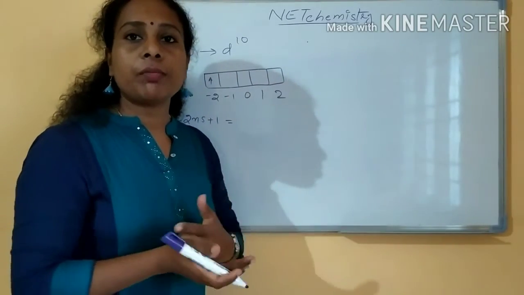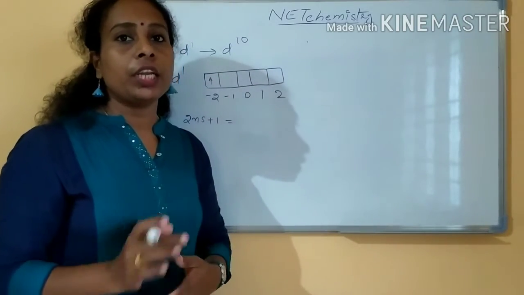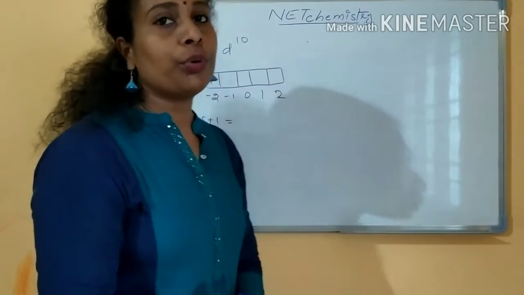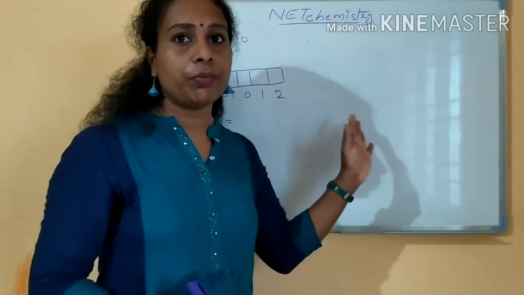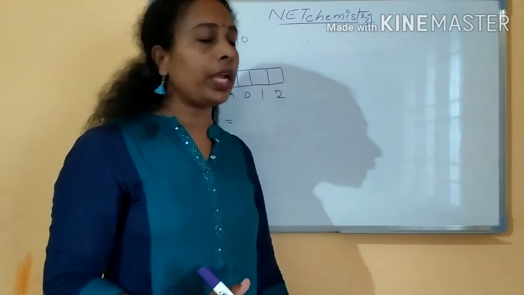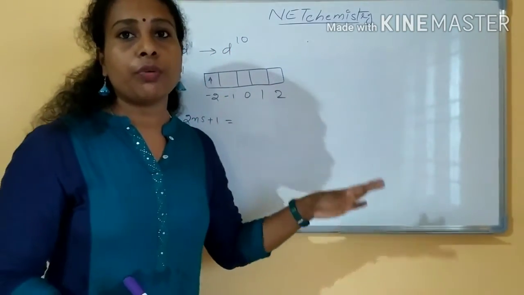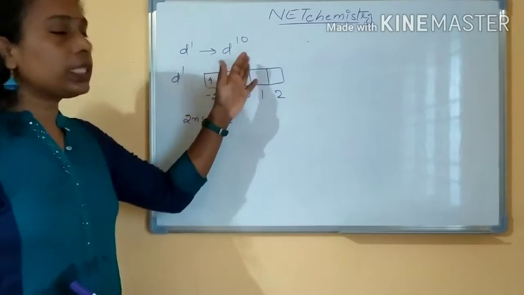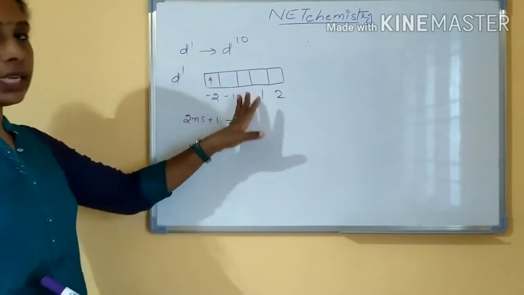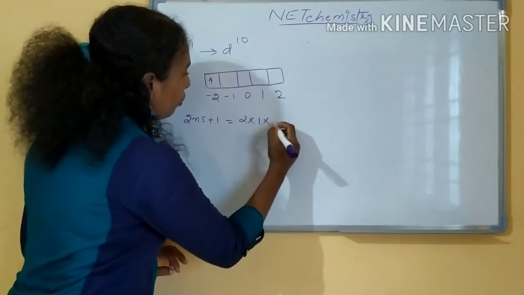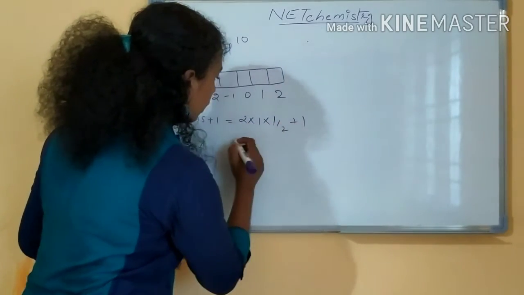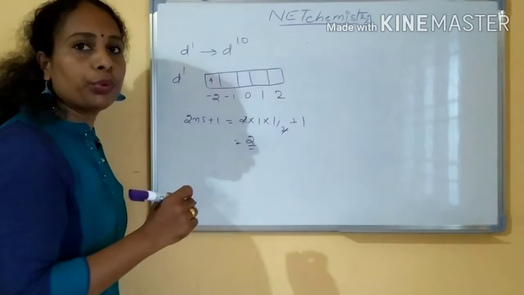Next we will see the term symbol for d1 to d10, right? Scandium, yttrium, lanthanum, all the transition elements I will write and keep for the d1 to d10 configuration, okay? That you have to first write by heart. So first we will see the d1 to d10 configuration. First I have written d1, 2S plus 1 value, you know, 2 into 1 by 2 plus 1, you will be getting 2, right?